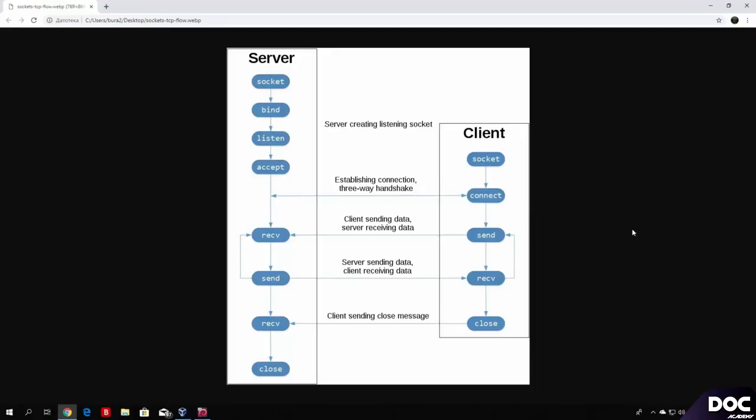Now what we are going to do in this section is basically coding our own reverse shell, which will be based on the TCP server and TCP client. So we will actually code two programs. One of them will be our server, where we will listen for the incoming connection, and the other one will be the reverse shell or the payload, or however you want to call it, which we will deliver to the target in the hope that they will actually run the program and connect their PC back to us,